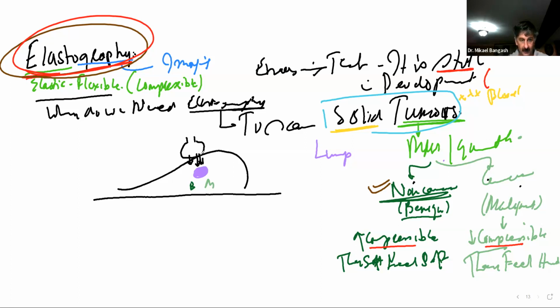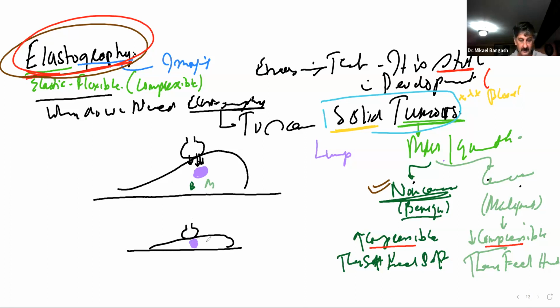So this was your chest wall, this is the breast, and here you have the lump. They used the transducer as a tool to press on the breast and press on the lump,